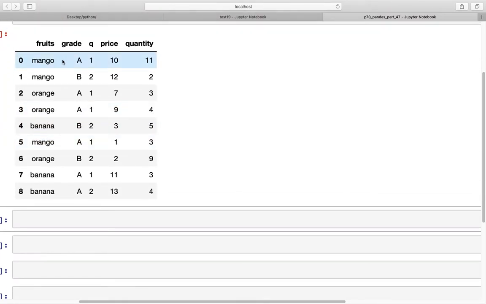Now if we want to count and assign those numbers to each of the rows, for example, this mango is occurring, the cumulative count would be 0, then this would be 1, and then this would be number 2. So 0, 1, 2. Similarly for orange, this would be 0, 1, 2. So that can be done using cumulative count. To do that, we would specify df and we'll use just one column, fruits in this case,